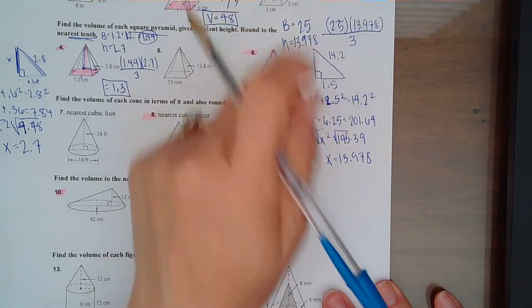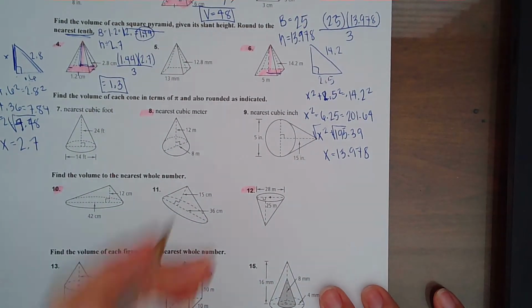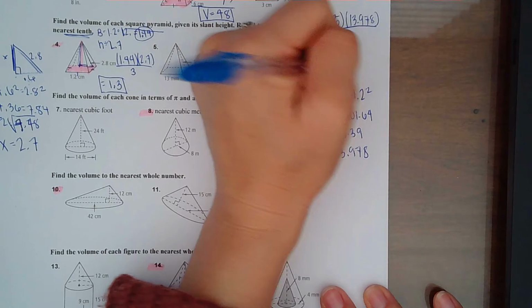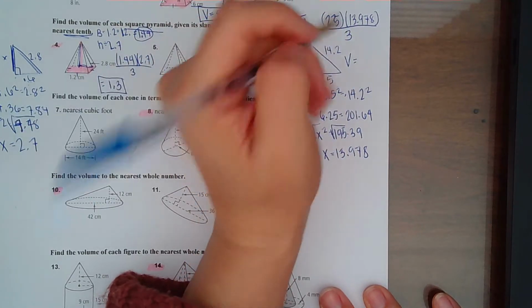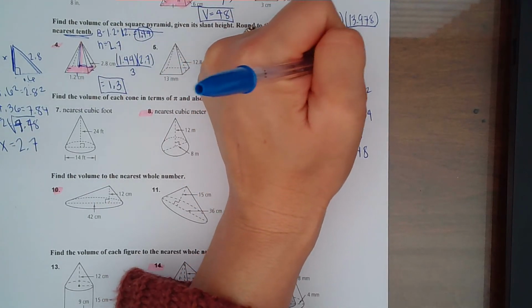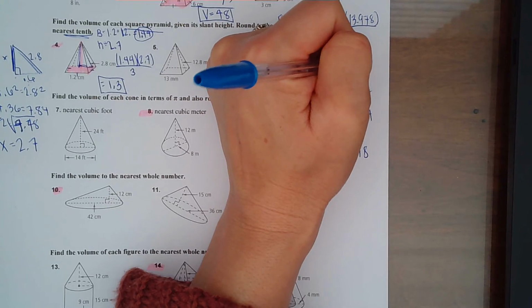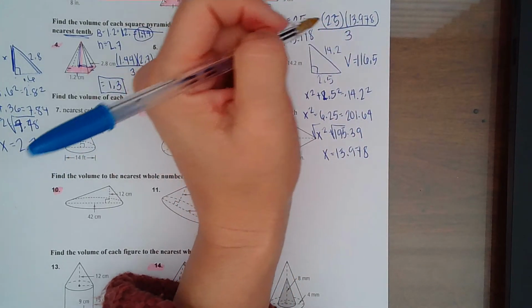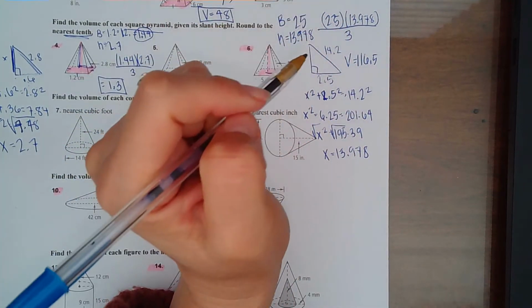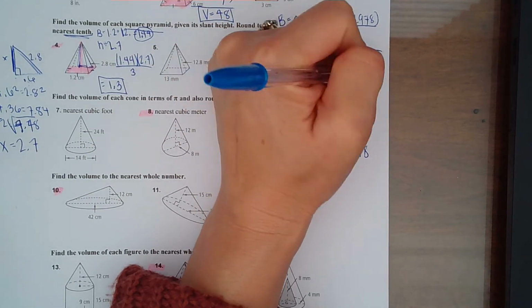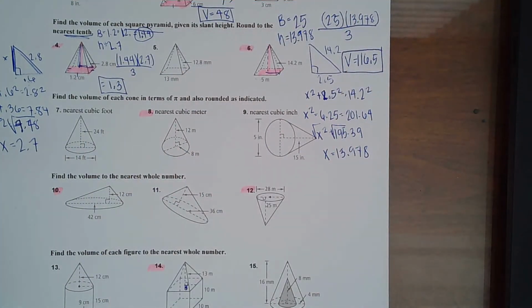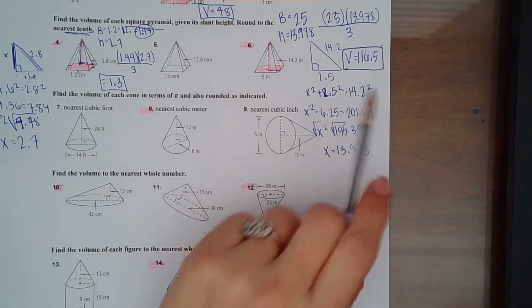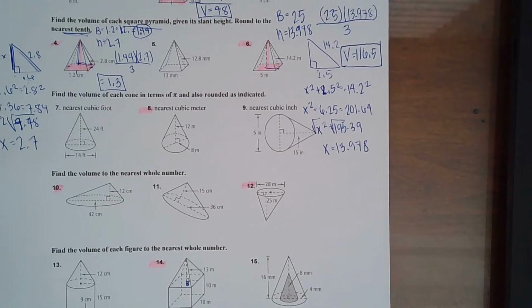I'll divide them all by 3 because it's a pyramid, and I will get my volume is equal to 116.5 meters cubed. But again, because we aren't just writing the units right now, it makes it easier for the